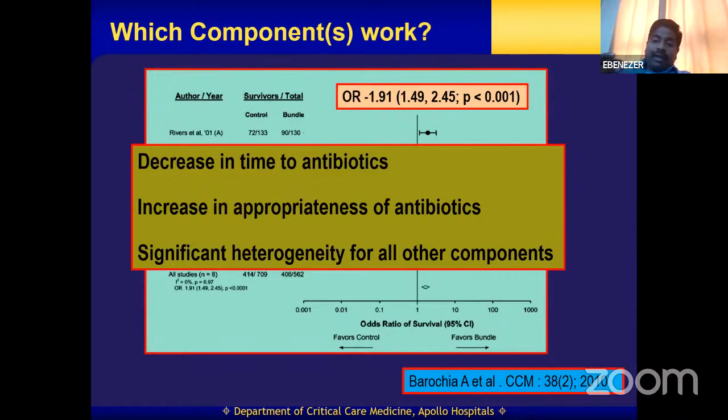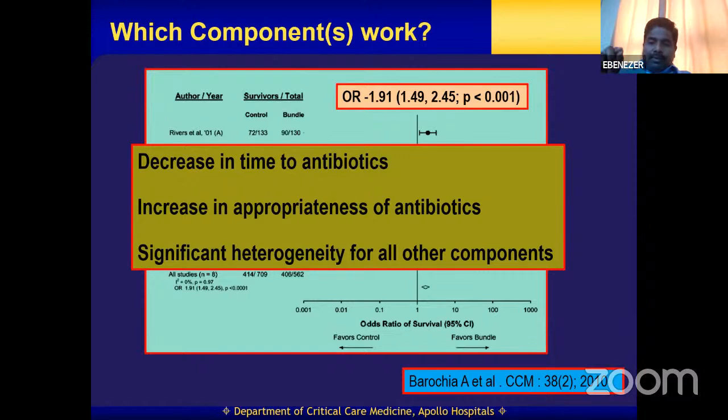At the same time, if you feel that there is a possibility of a gram-positive infection or an MRSA infection, MRSA we very rarely see in our place, but in Western countries it is pretty common. Then you have to supplement with a strong gram-positive cover, strong MRSA cover. So along with meropenem, probably you have to add teicoplanin or vancomycin. So this is very, very important. Appropriateness of antibiotics is also very crucial, because sometimes you will miss the boat,